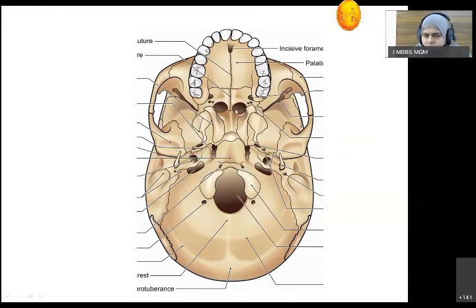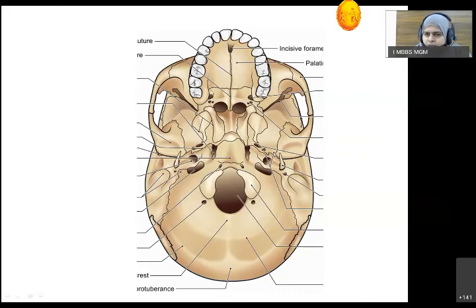For the structures in the anterior part, there is the alveolar socket for the lodgement of teeth, and the hard palate. Anterior 2/3 of it is formed by the palatine process of the maxillary bone, posterior 1/3 by the horizontal plate of the palatine bone. They join with the help of the cruciform suture to form the hard palate. On the hard palate, on the anterior aspect, there is the incisive foramen for the passage of the nasopalatine nerve. Here, there are pits for the glands of the palate.